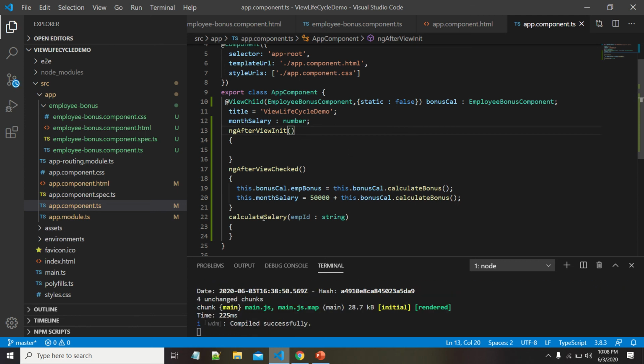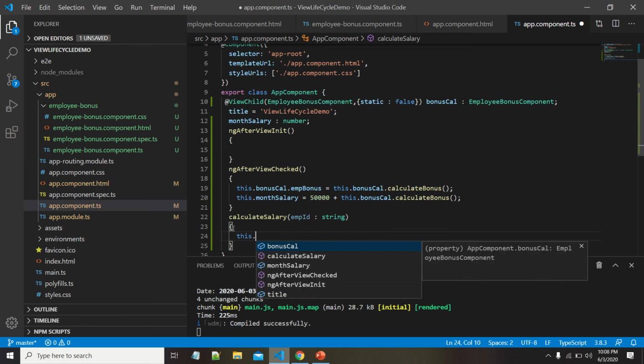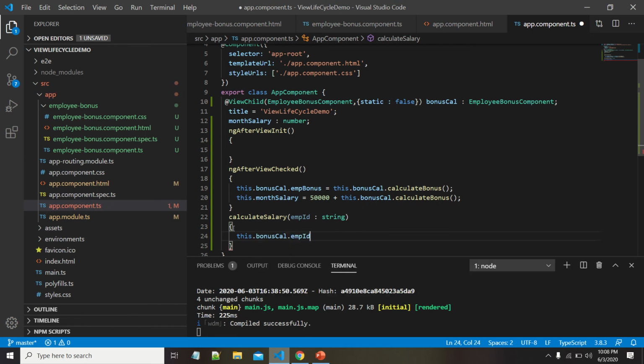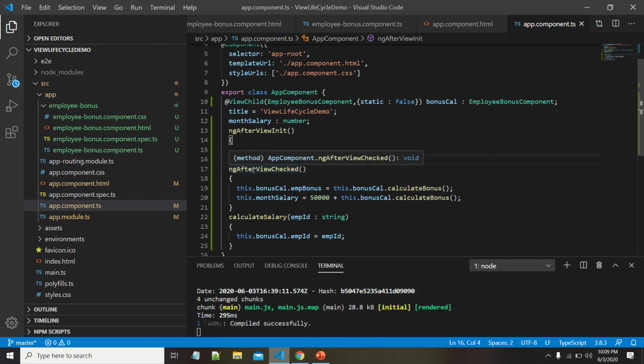Whenever we click on the button, let us modify the property of the employee ID so that it runs the change detection. And whenever the change detection runs, this ngAfterViewChecked logic will be executed.